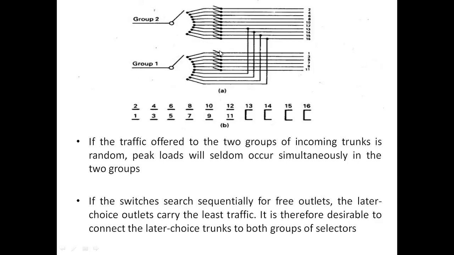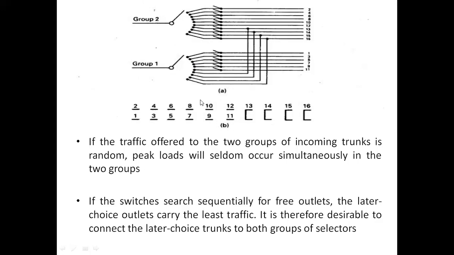The equivalent diagram of grading for these two groups of switches is shown in this figure. This is called the grading diagram. As you can see, there are two groups of outlets. Each has been numbered. If you take the dashes on the first row, you have 10 dashes, and even in the second row you have 10 dashes, which indicates the number of outlets per switch or selector. In this case, how many groups are there? You have two groups. On each group you have 10 outlets. Similarly, the equivalent representation of this can be written using a grading diagram.